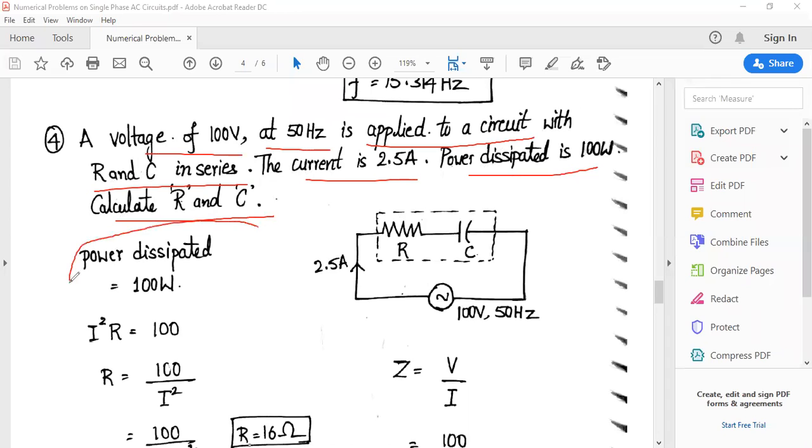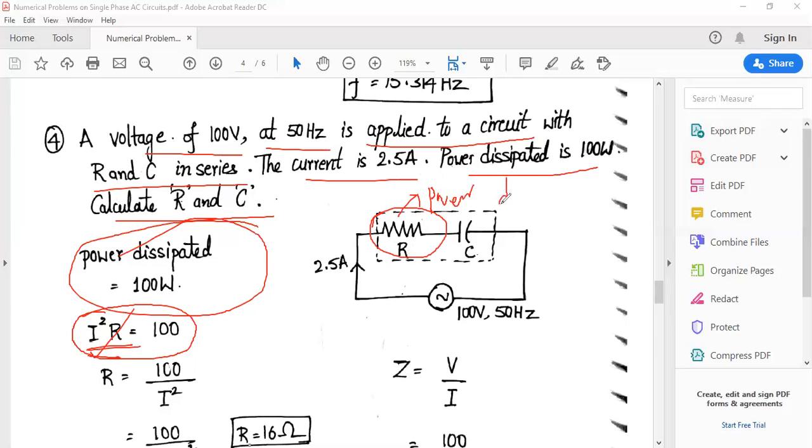Now you have the power dissipated given as 100 watt, and you can find out the equation as I squared R, or VI cos phi. So V into I, so cos phi can also be calculated using the conventional formula. So I squared R is the formula. So always remember the resistive element is the power dissipating element. So stick to your fundamentals, power dissipating. Okay, so let me write it as power dissipating. Yes, so the power dissipating element is the resistive element alone, and you have the resistance value.